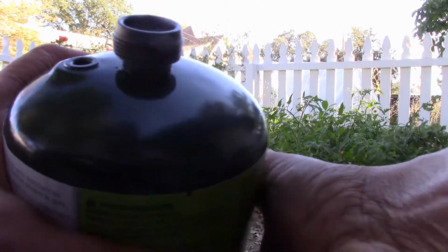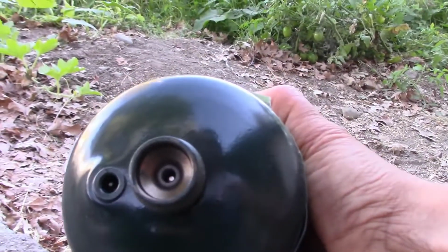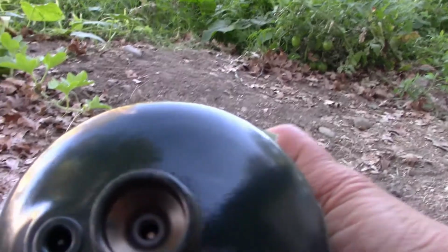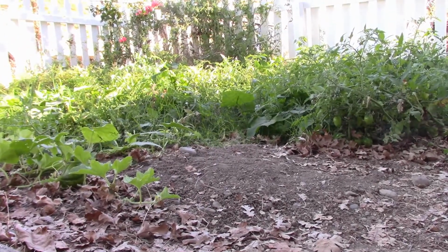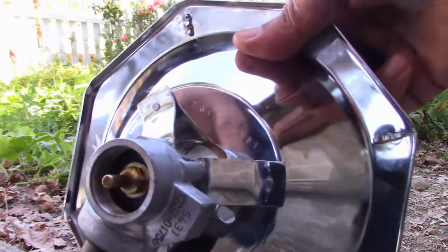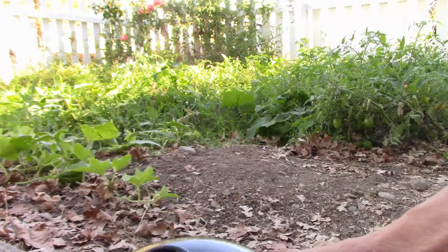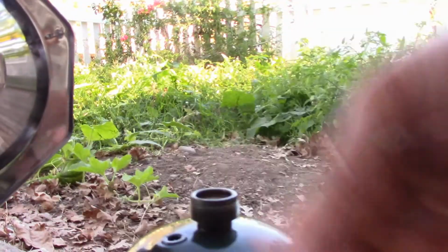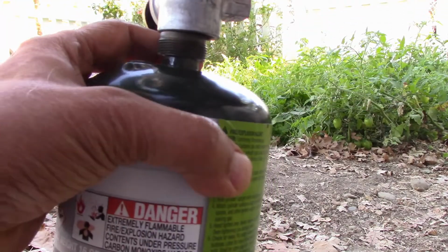remove this cap. Now, as you can see right here, there's a little pin inside, and the gas comes out when that pin is pressed. And this stove here has this pin, which is supposed to press the pin that's inside. So once you have this cap off, it's a matter of simply putting this on top,